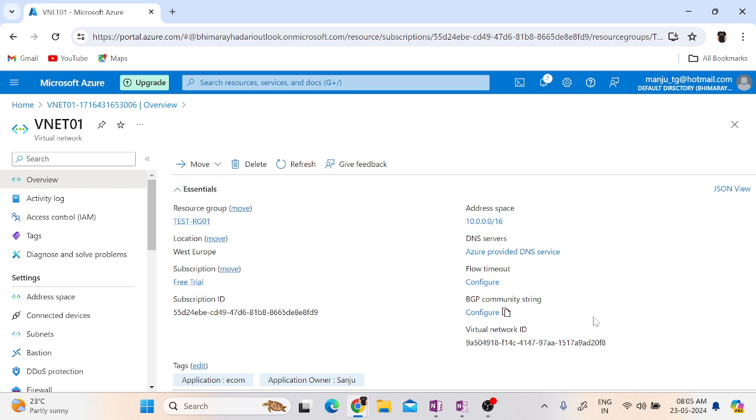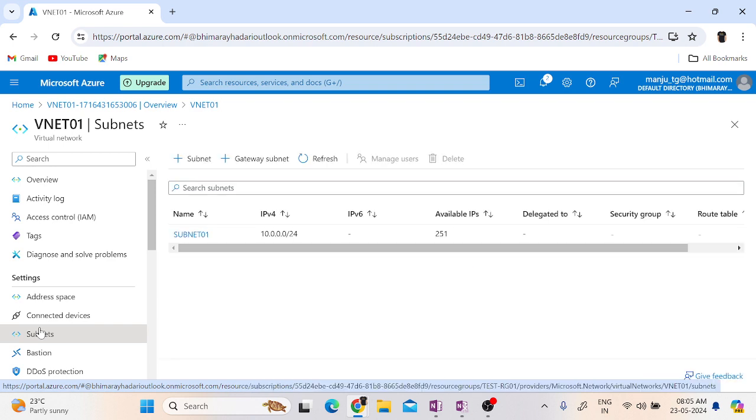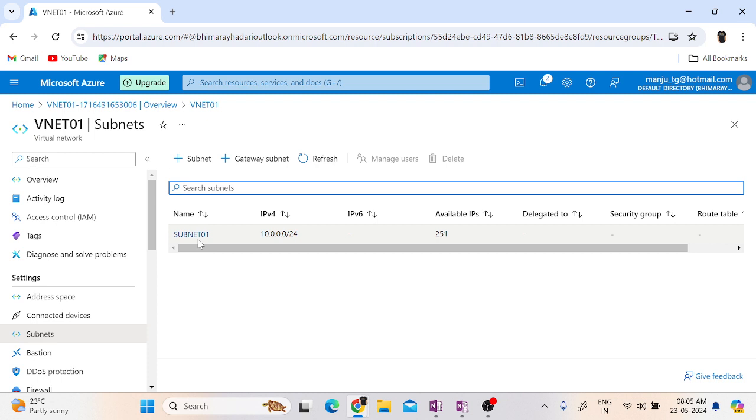10.0.0.0/16. Okay, and if you want to see the subnet, here you can go to the subnets in the left. The blade you have under the settings, you have a blade called subnets, and you see there is a subnet 01, and it is 10.0.0.0/24. So total 254 IP addresses there. I told you 3 addresses you cannot use. The first and the last 2 IP addresses you cannot use, because they are reserved for Azure purposes, to enable the connection between the routers there in the Azure data center, and you can only have 251 IP addresses used here. Okay, so now you are ready with the resource group, and now you are ready with